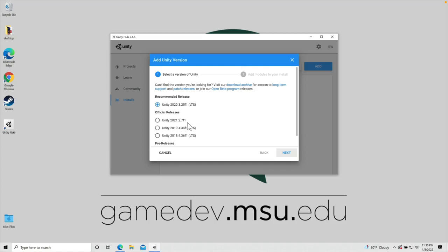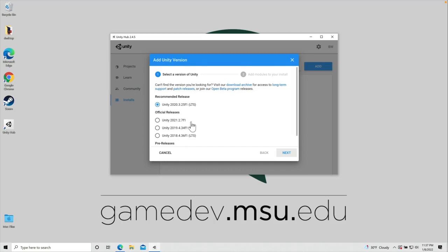So at the time of this recording, you can see there is not a long-term support version of Unity 2021 yet available. I want to make sure that we're working on a solid version of Unity. So we're going to use Unity 2020 long-term support in this class. Now, the version that shows for me is Unity 2020.3.25. At the time that you're actually doing this, the version may change because Unity actually comes out with new versions on an almost bi-weekly basis. If you ever want to download a different version than what's shown here in the Add